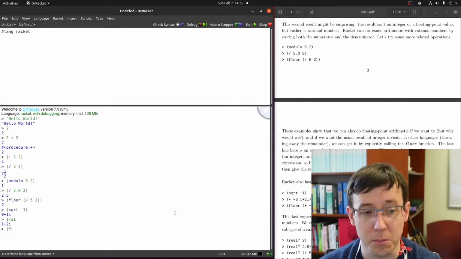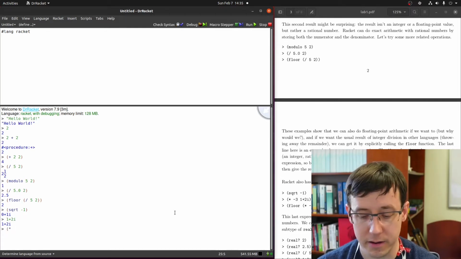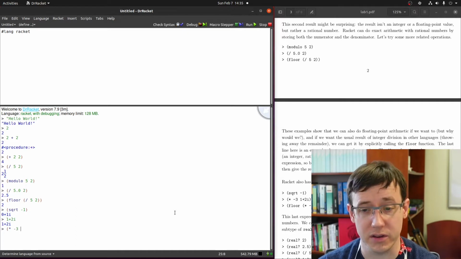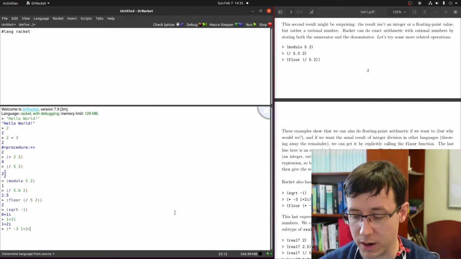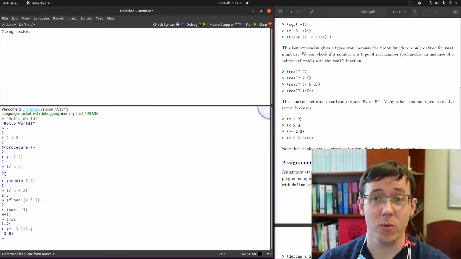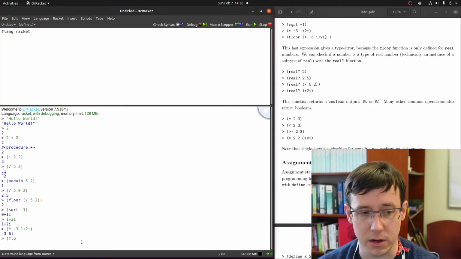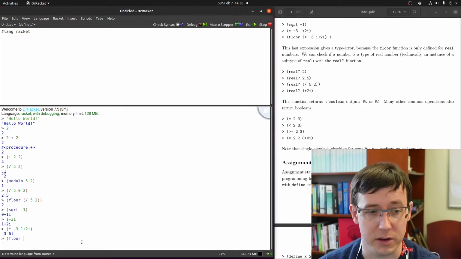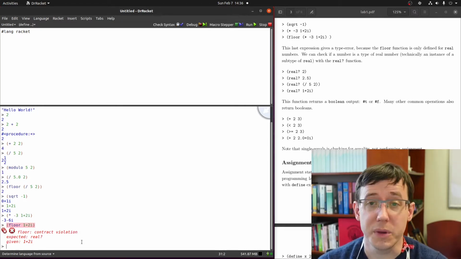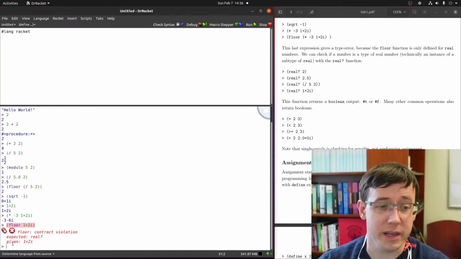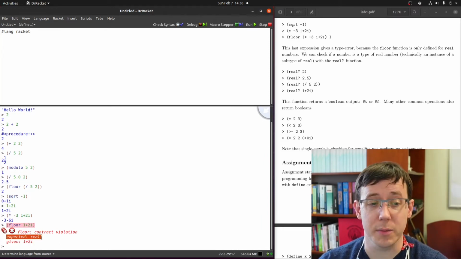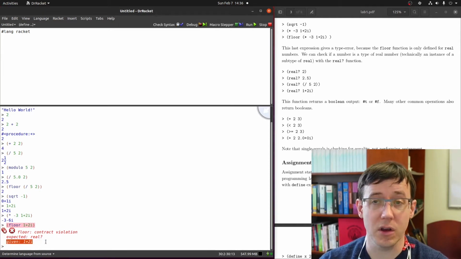So I can do the multiply operator on -3 and the complex number 1 plus 2i. And Racket knows how to do that computation. On the other hand, the floor operator that we've seen would not work on a complex number, because floor specifically expects an input of type real, and we gave it an input that was not a real number, and so it didn't know what to do and gave us an exception. This exception hints at